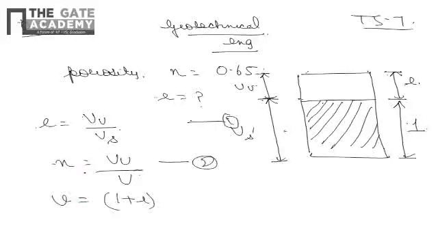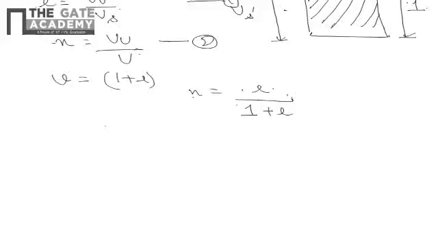So substituting all these values in equation number 2, we have n as volume of voids, which is e, upon total volume, which is 1 plus e. And now it is given that the value of n is 0.65. So this is 0.65 equals e upon 1 plus e. So upon simplification, we have the value of e as